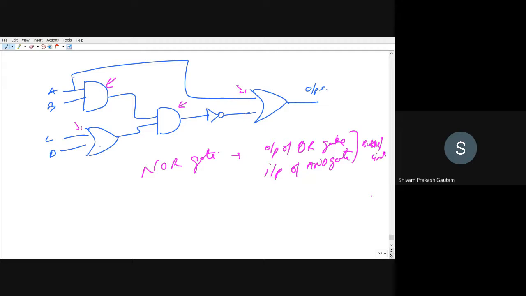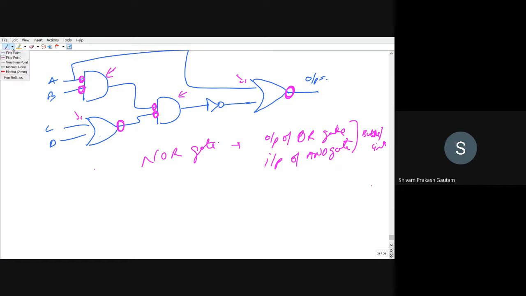So wherever we are having OR gate, I'm just providing a bubble. Just see, directly I'm providing it here. So you can see I have added a circle at the output of OR gate. This is OR gate. This is AND gate. This is AND gate. This is AND gate. Right? So this step is done. I have added a bubble and a circle. And wherever I have added a circle, I have to add an inverter as well. Right? So this step I will be doing.